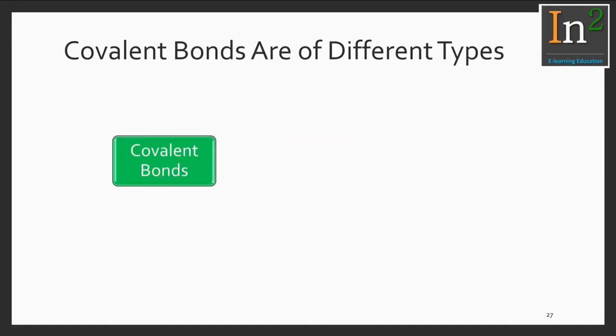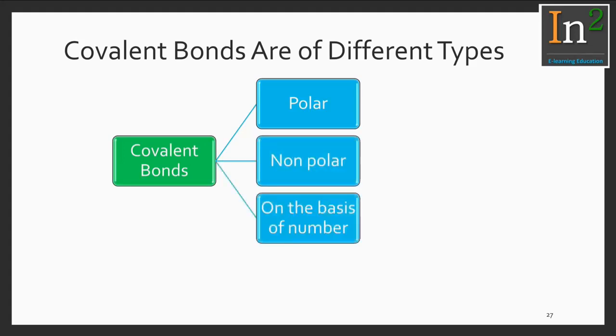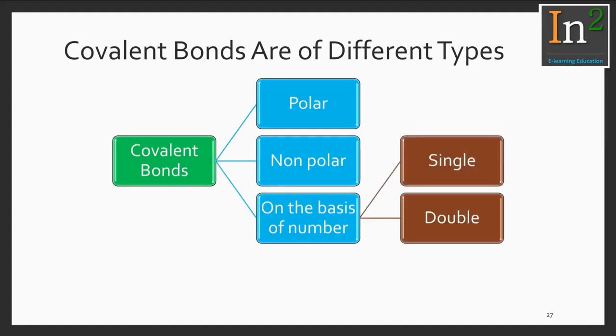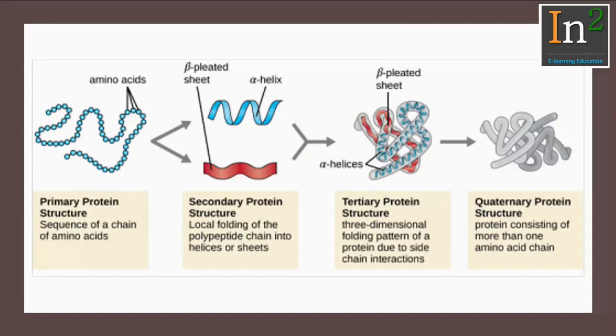And covalent bonds can be further defined as polar and non-polar covalent bonds. On the basis of the number of electron pairs shared, they can be single, double or triple bonds. To understand the importance of all types of chemical interaction, we should be very clear about all these classifications. When we study protein synthesis during translation, we all know that there are various kinds of bonds at different levels of protein folding. In the primary structure, amino acids are joined together by a covalent bond known as the peptide bond,